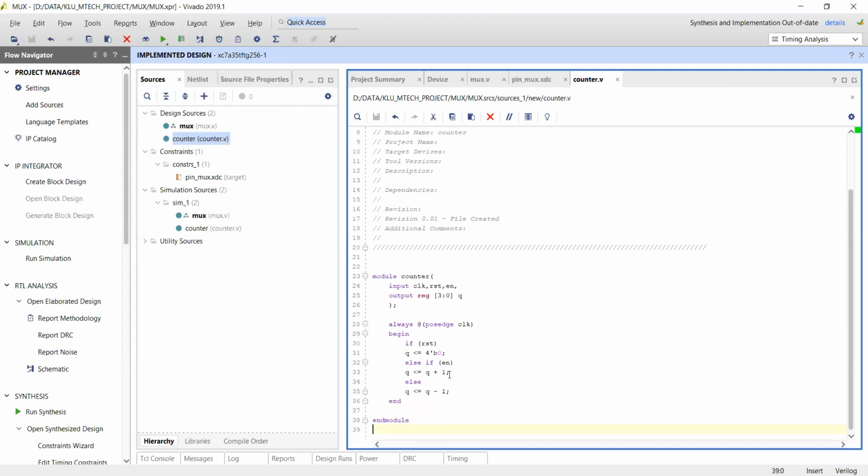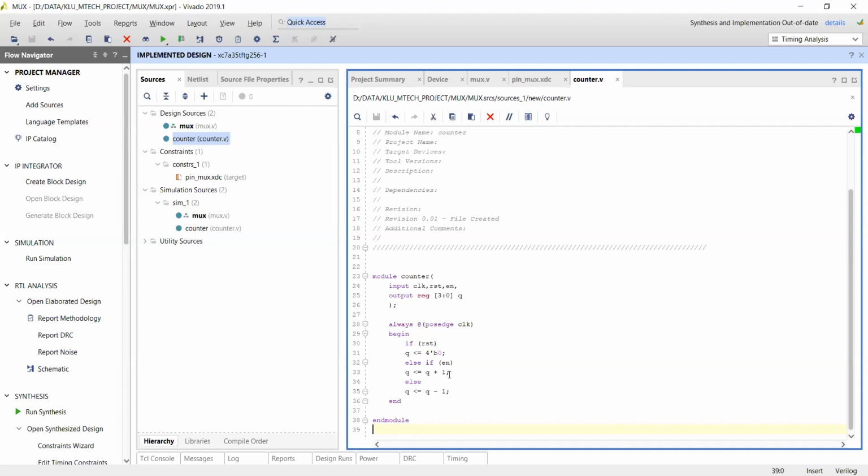Not only 4-bit. In case of 4, if you want to put 32, the counter code must be the same. There are no changes anywhere else. So first of all, I identify my signals, both the input side and output side. The signals are the clock signal, reset signal, and enable signal. For the output side, Q is my output signal of a bus length or bit length of 4 bits, 3 down to 0.